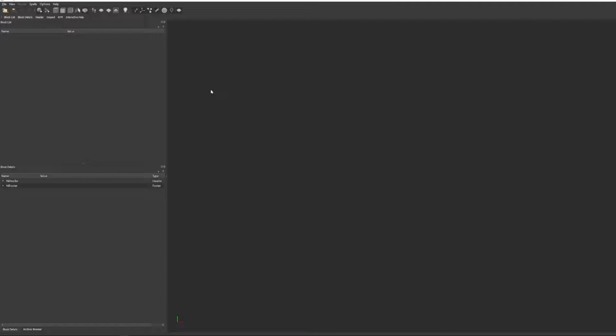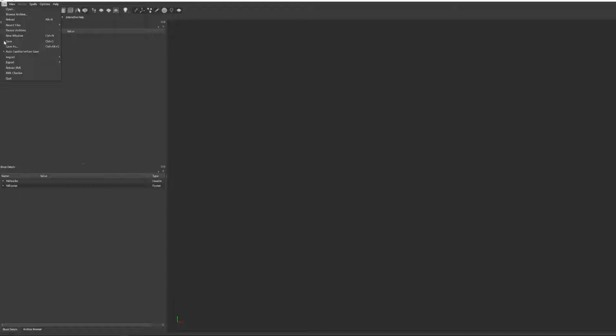So this is NifScope. I have the latest version. You're going to want to go down to the site. I'll leave the info in the description. It looks intimidating, but I'm going to show you real quick that it's not. It's just made of this window with this toolbar, and I'll show you what everything does.